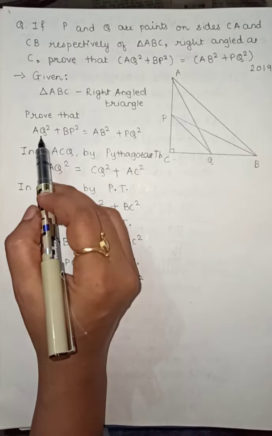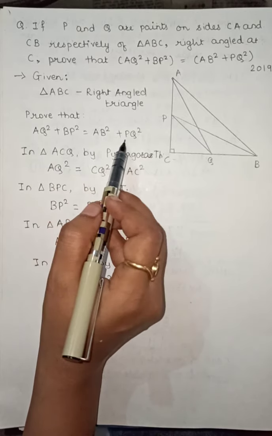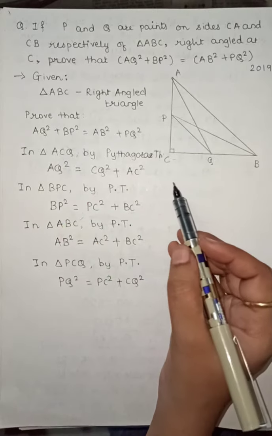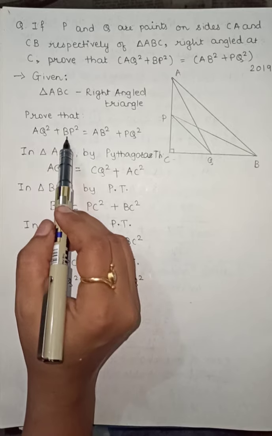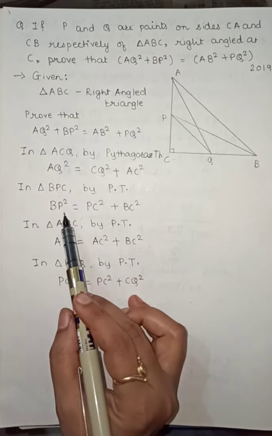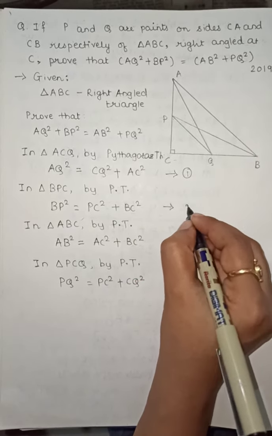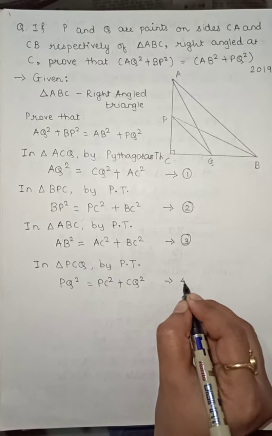that depends upon whatever sides are given in your prove that. So all of these 4 sides are the hypotenuse of their respective triangles. Okay, so now coming back to our prove that, what I want is AQ square plus BP square. Now AQ square is this equation, whereas BP square is this equation. Let us name them equation 1, 2, 3 and 4.